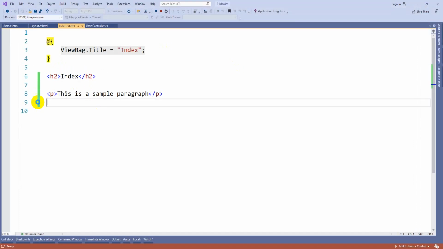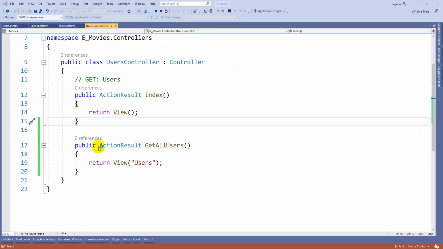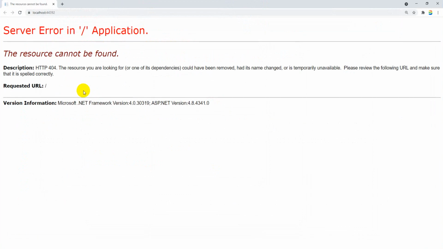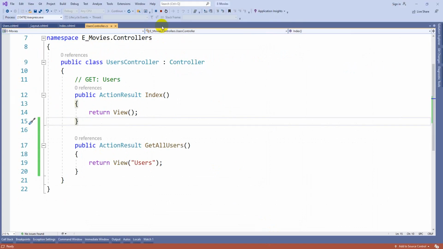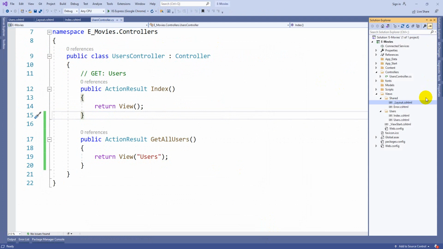But whenever you hit the F5 key from a controller, you will get an error. Because our project is designed to execute the Home controller by default. But there is no Home controller, we created a Users controller. Then how to set a default controller to execute when you hit the F5 key? This is very important, guys. So pay attention.